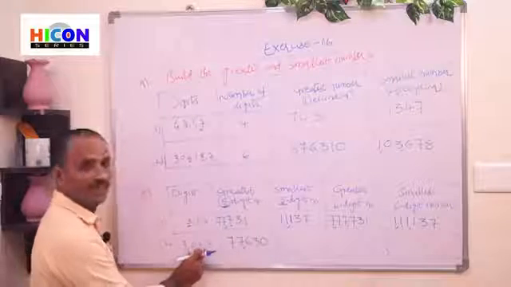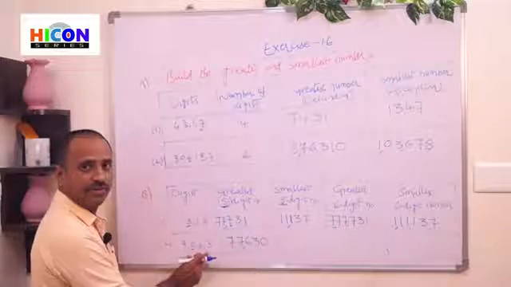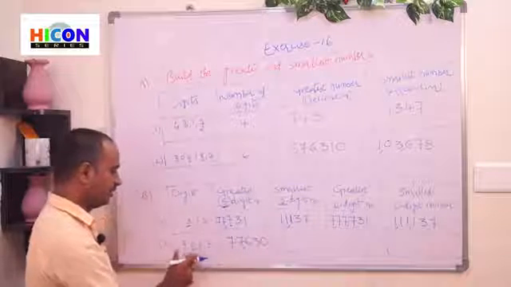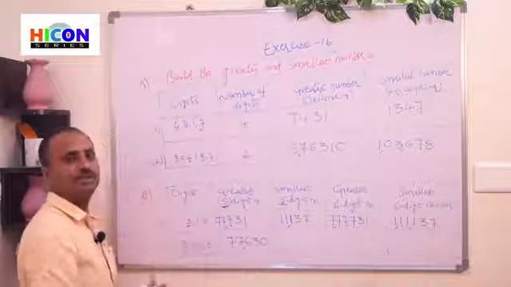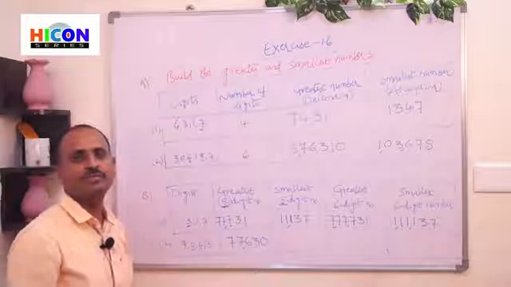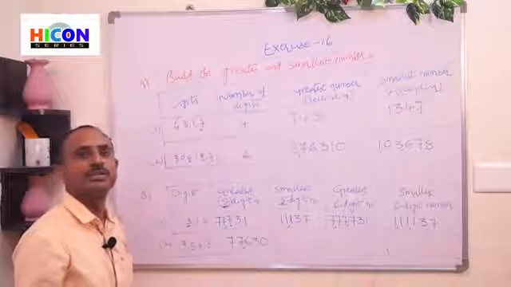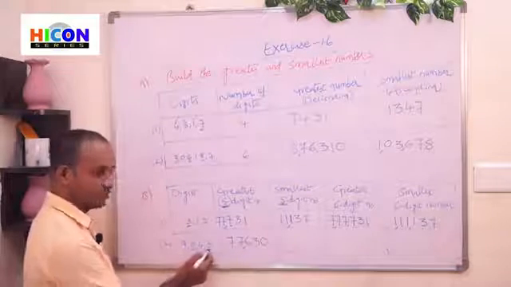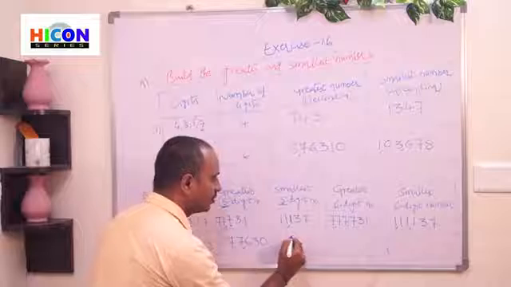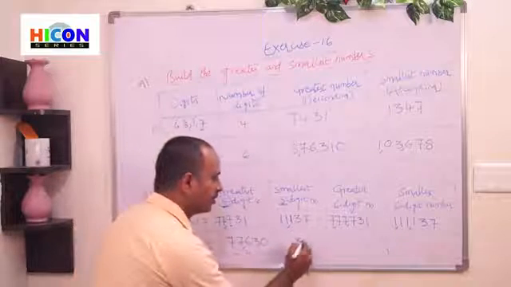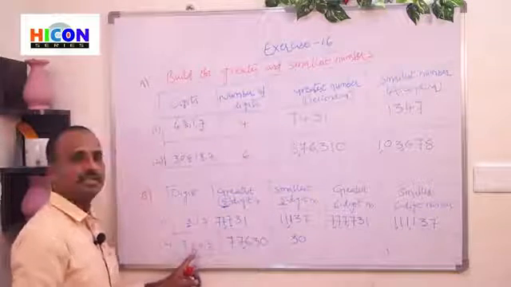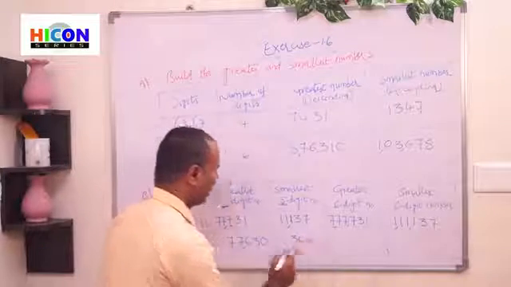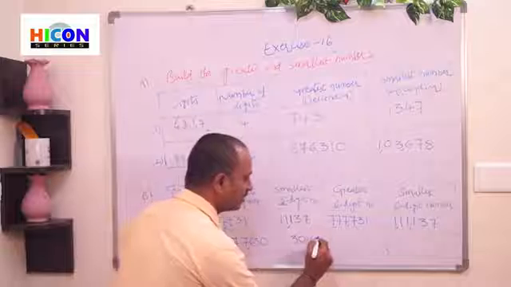So in the same way, the smallest 5-digit number. First arrange the given digits in ascending order. Ascending order means smallest to greatest. Which one is the smallest? 0 is the smallest. But we should not write 0 in the first place. So we should write 0 in the second place and write the next smallest digit in the first place. After 0, which one is the smallest? 3 is the smallest. So write 3 in the first place and 0 in the second place. And write the remaining digits in ascending order as usual. After 3, 6 is the smallest. After 6, 7 is the smallest.